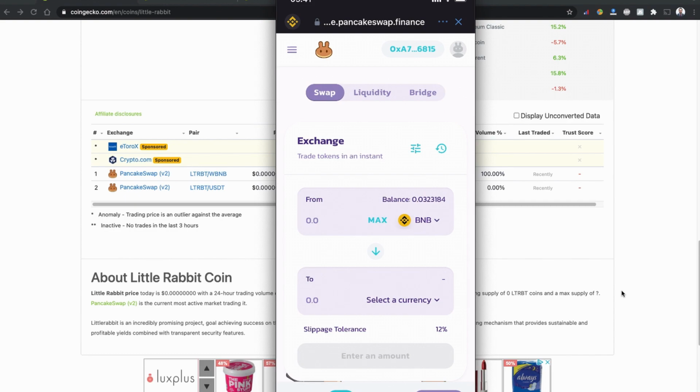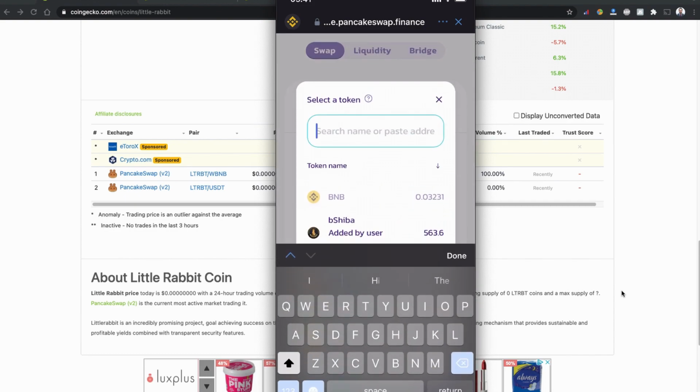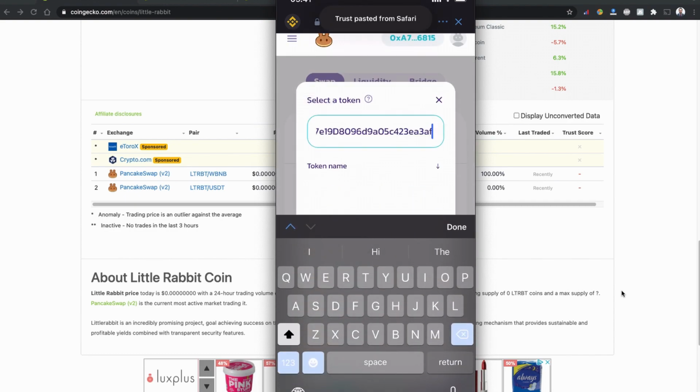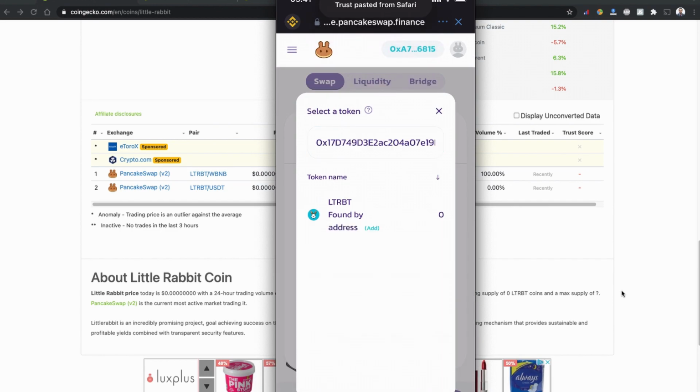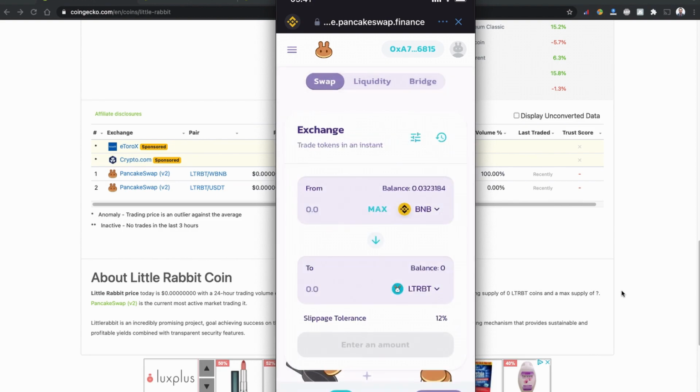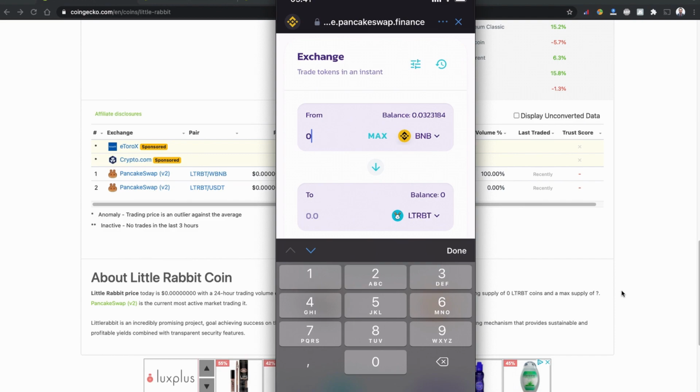On the select currency, I'm going to click here and paste the contract code that I copied from CoinGecko.com. As PancakeSwap is suggesting the currency, and this is exactly the currency we are about to buy, I'm going to click it and it is selected now. Based on my balance, I'm going to buy this coin using 0.01 BNB.